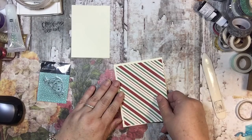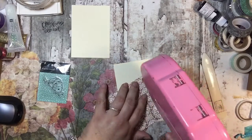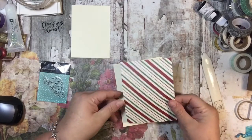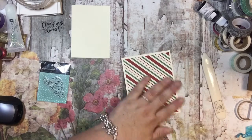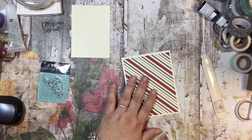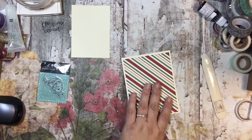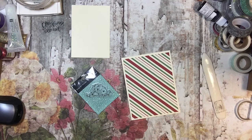And then I'm going to go ahead and put this piece of designer series paper down. I'm using my ATG gun. You can use your snail tape. It's the same thing, only my ATG gun is a little more industrial, holds a little bit more, is a little more economical. And if you make as many cards and such as I do, you need the economical. I'm looking at my ribbon stash, seeing if I have something that I'd like to use. I'm thinking maybe I will